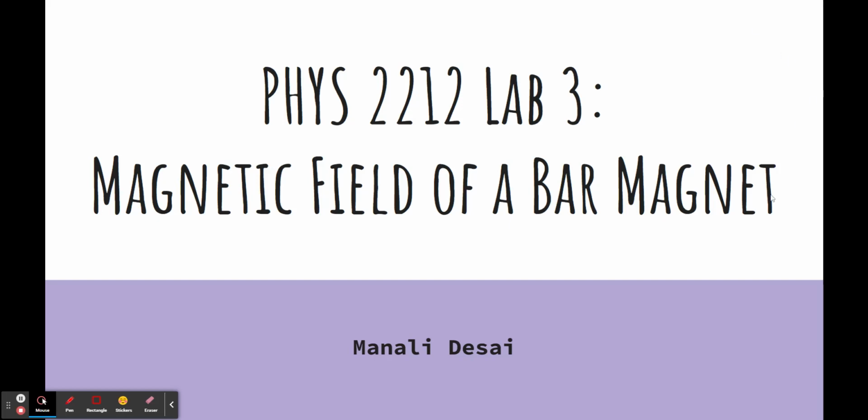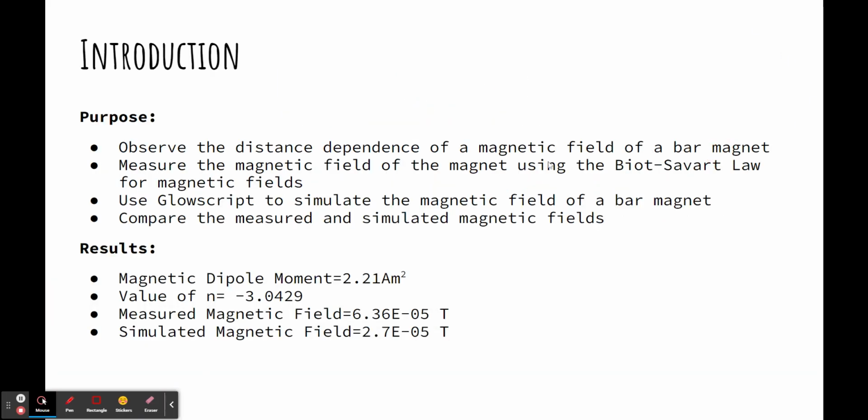This is my Physics 2212 Lab 3, magnetic field of a bar magnet. So our purpose is to observe the distance dependence of the magnetic field of a bar magnet. We're going to measure the magnetic field using the Biot-Savart law. We're going to use glow strip to simulate that magnetic field, and we're going to compare it to the measured